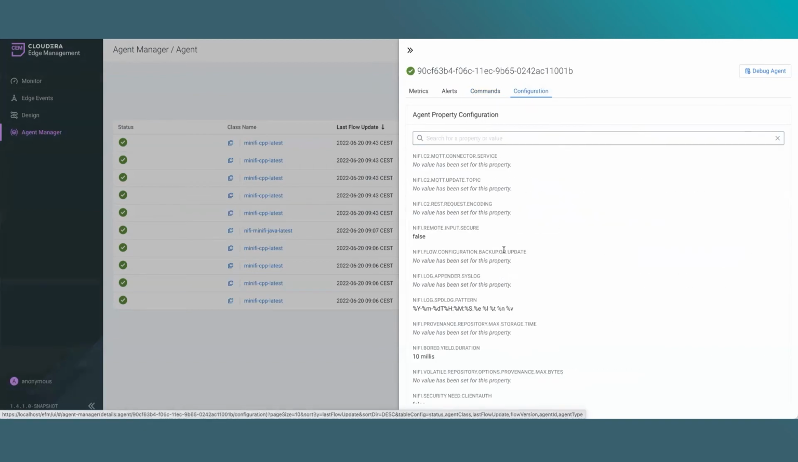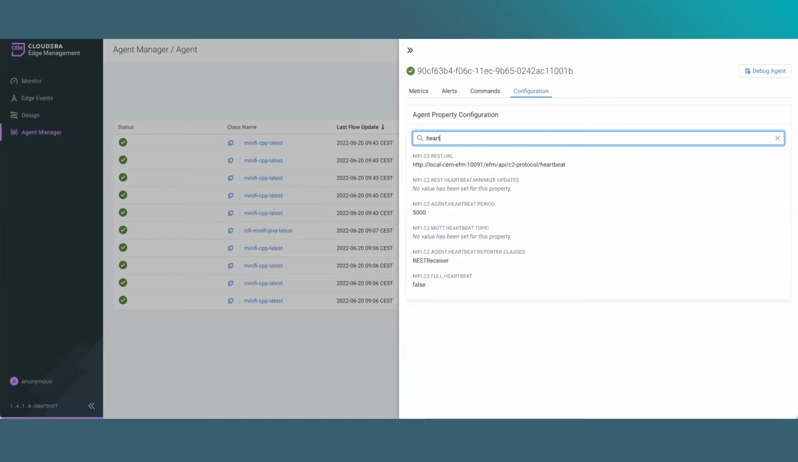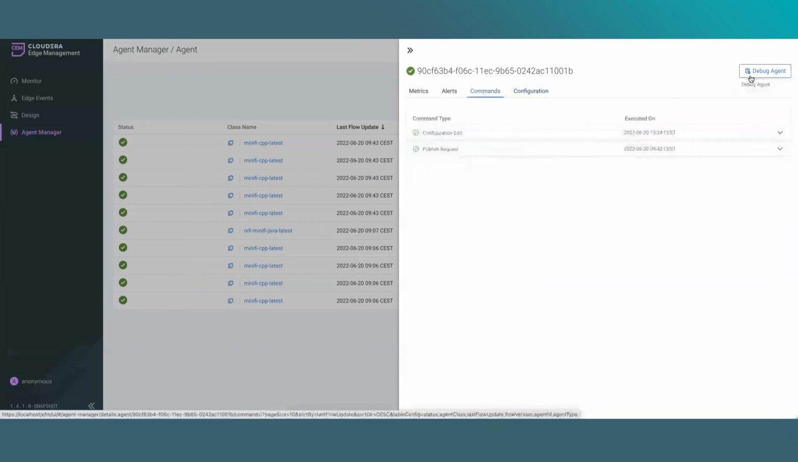On the last tab, we can check the agent configuration. This tab and the debug agent button are only available for specific agents which support this new functionality. In the property configuration dialog, you can also filter for a specific property. So for example, if you are interested in the heartbeat period, you can check easily that it's 5 seconds at the moment. If you want to check debug logs from the agent, simply click on the debug agent button